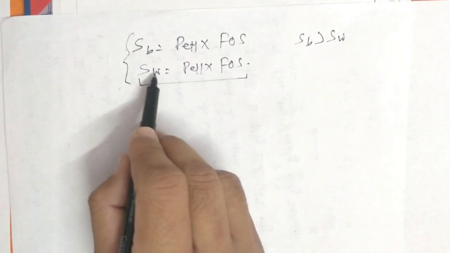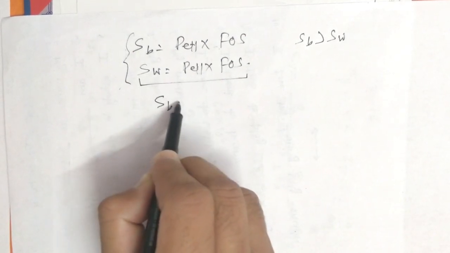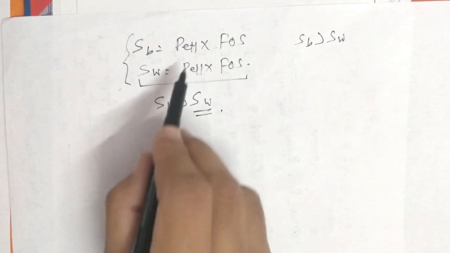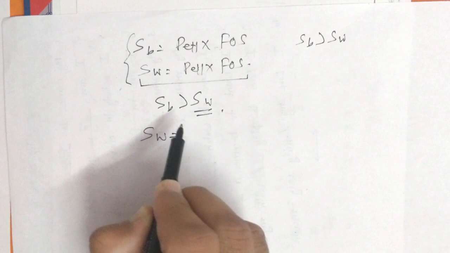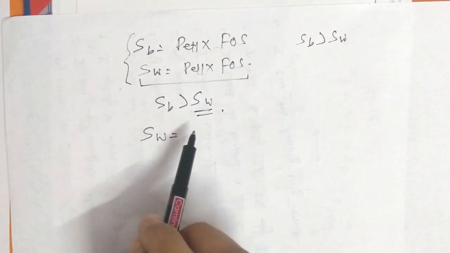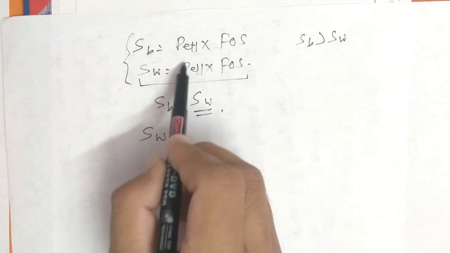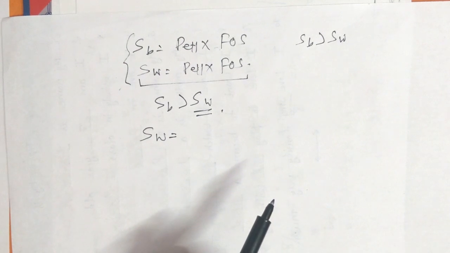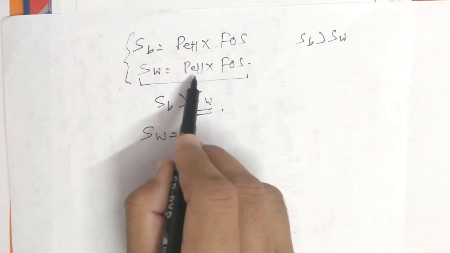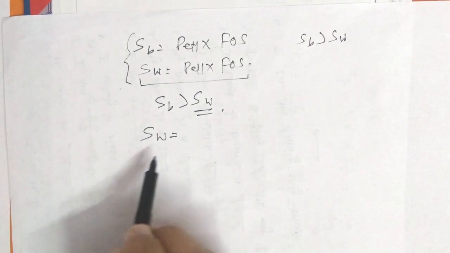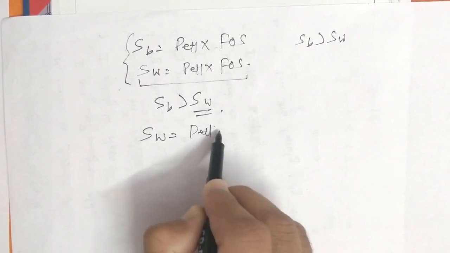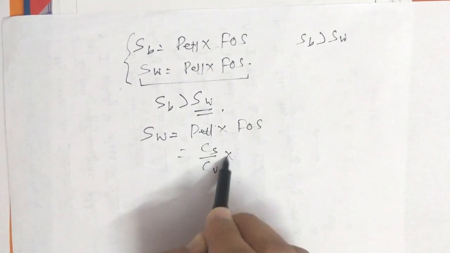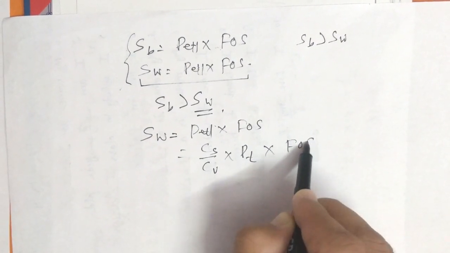So we have to choose lesser out of these two, SB or SW. We have to choose the lesser one. So according to SW we can calculate P effective. This point is important, because if you find out the P effective using SB, and from that find out the rated power that can be transmitted, your numerical will be wrong. So we have to find out power using SW. So SW is P effective multiplied by factor of safety, and P effective is service factor over velocity factor multiplied by tangential force, and FOS.